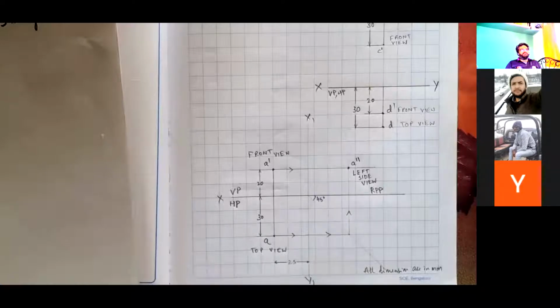If you are sitting and watching the board, the right side wall, or if you are sitting at home, you can imagine that the right side wall is your right profile plane, because a third view will give more clarity for any object. So we are purposely making a third view and projecting it on the third plane to know its complexity. Still, we have not started with the solids. We are starting with a point.